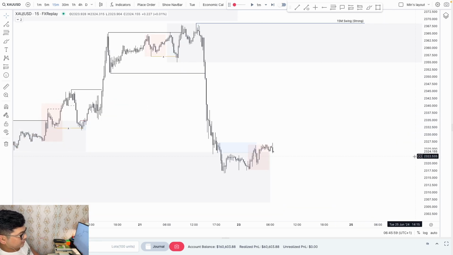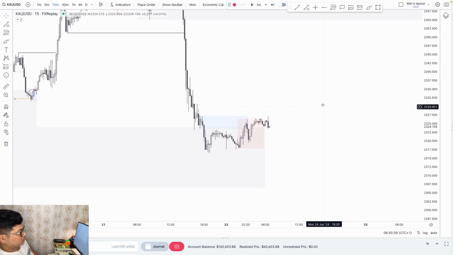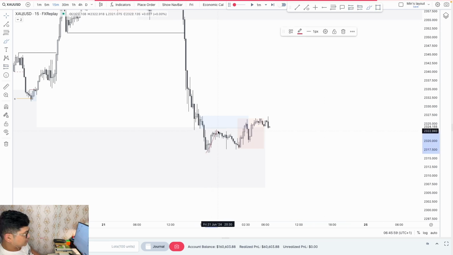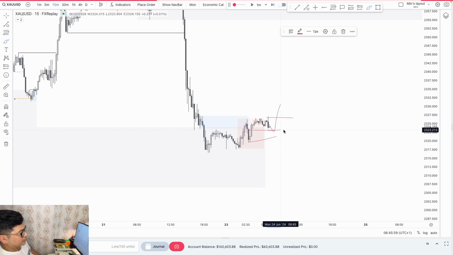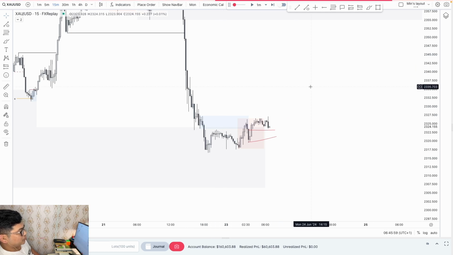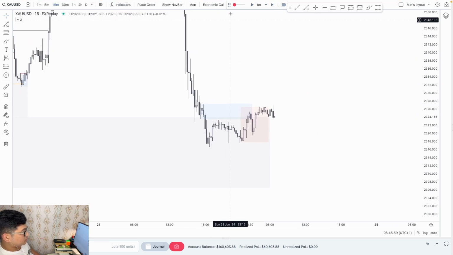So M15, let's do that. All right, okay. So M15, nothing clean at the moment. What I can see is that there is a decent order flow holding right now. And if this holds, if this pushes higher, then I'm happy to take a long, as there is no opposing supply to interrupt my price action. Let's see how it goes.